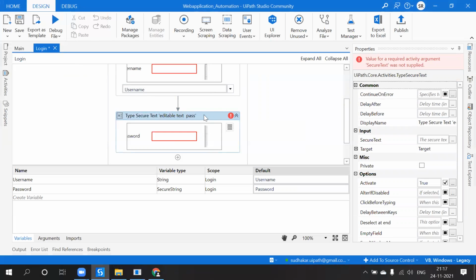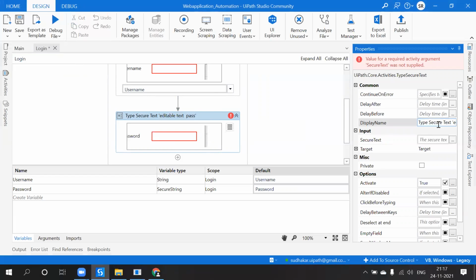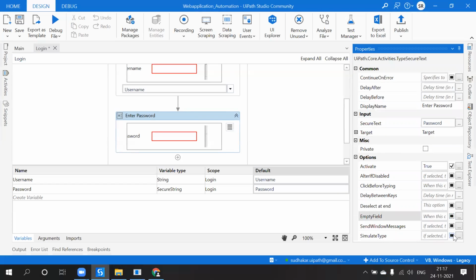Okay, now I will rename this text as enter password. So secure text. What is the secure text? It's a password. Same. Empty it and simulate type.